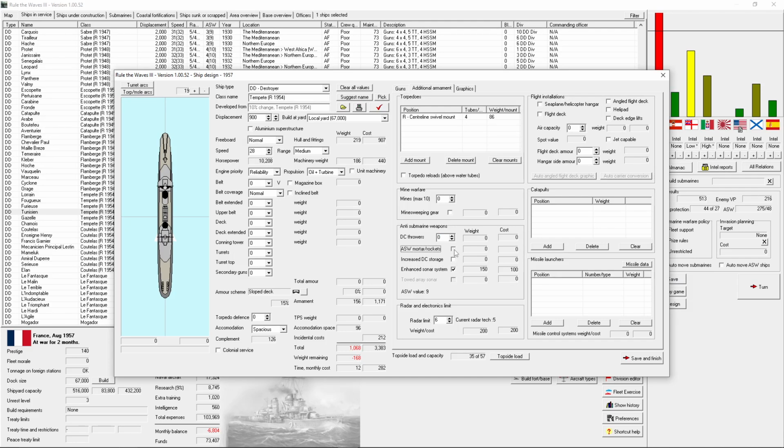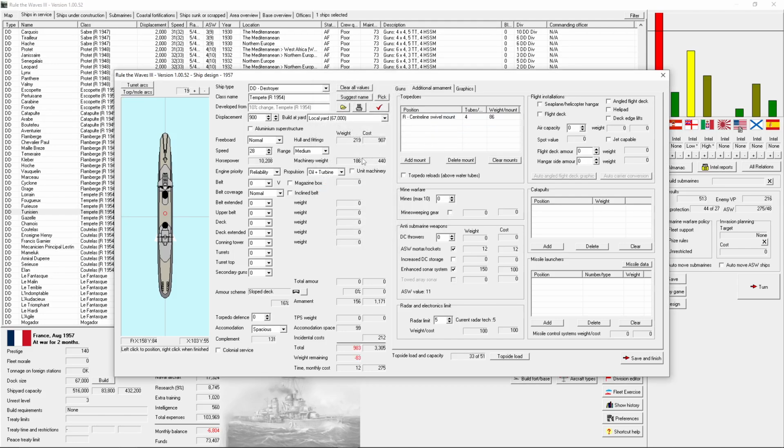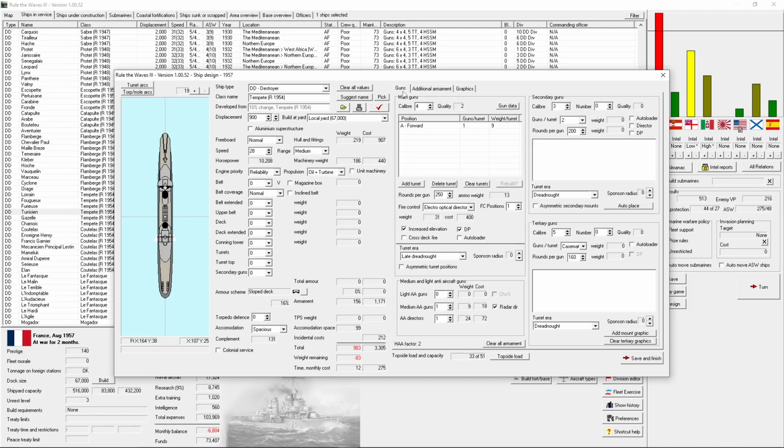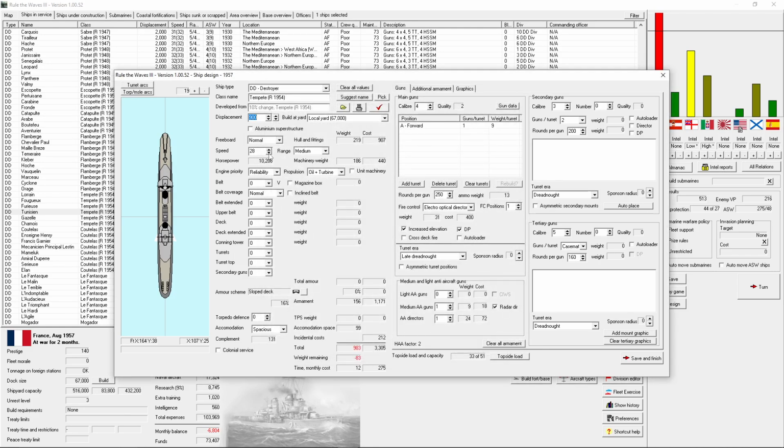Enhanced sonar system, SW mortar rockets. Actually, hold on. Let me do a W center line mount. Position the mount. You know what? No, hold on. We'll still do an R. So no need for missiles. Is there any? Yeah, seriously overweight, which is not great. Okay,